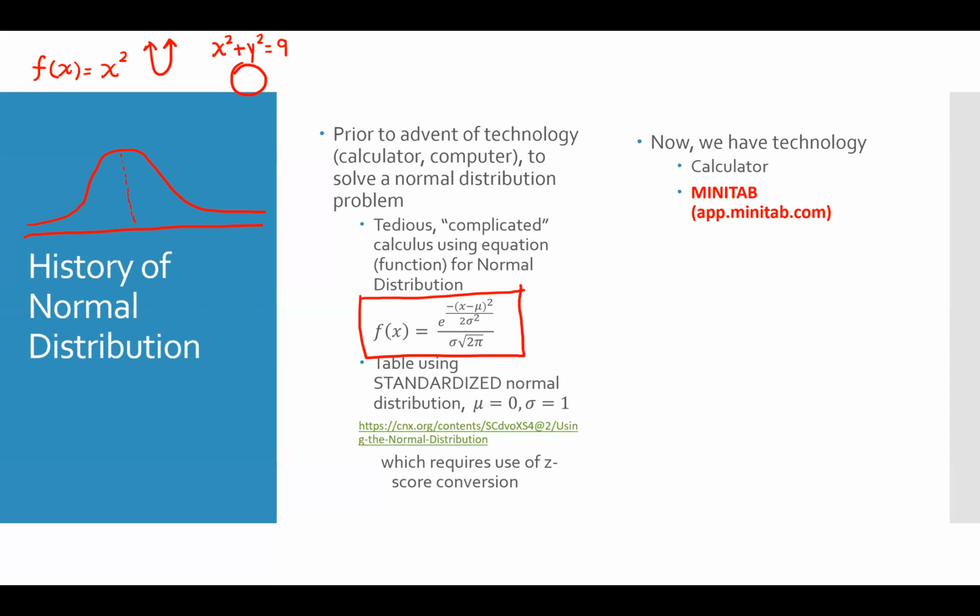And so they said, well, how about if we create a standard normal distribution, one that we can compare everything to? And they wanted to choose numbers that made the calculations easy or easier. And so they said, we're going to let the mean for the population be 0. So they said, okay, our mean is like the middle, so that's our 0 line.